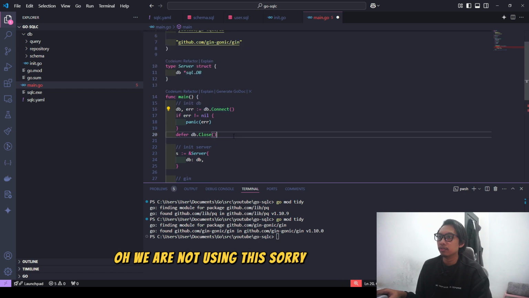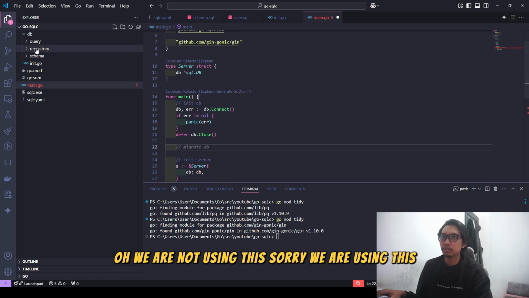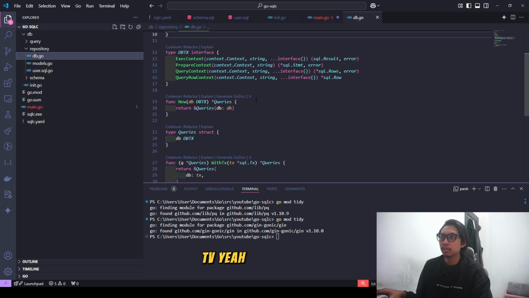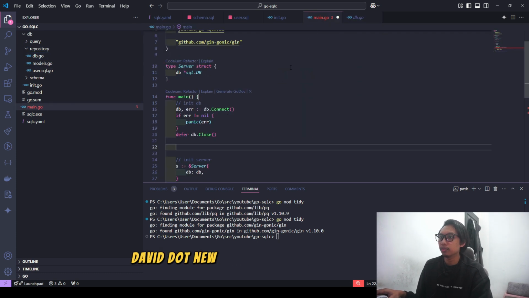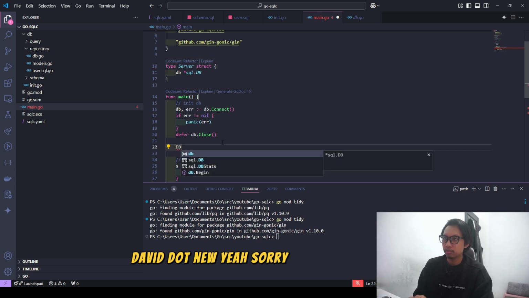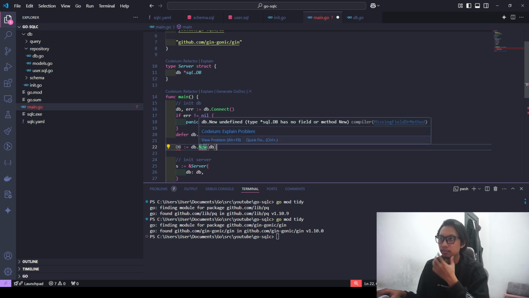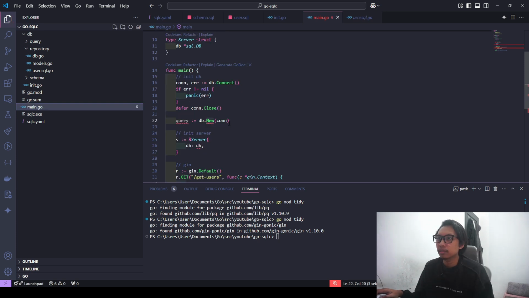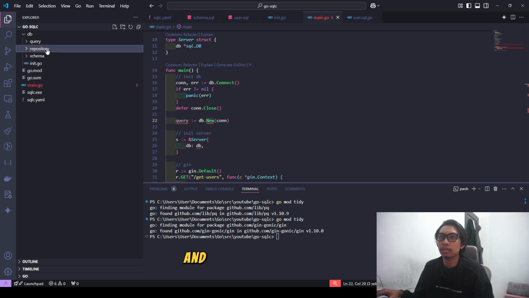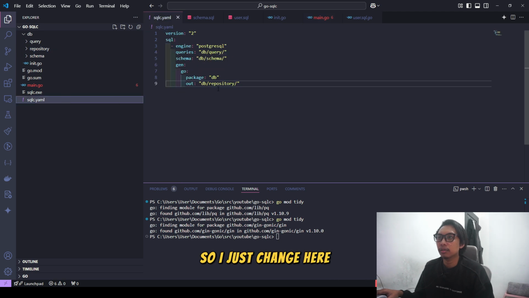We are using this db for new, db.new. I think there is something wrong here because I put it in the repository and it cannot find the new, so I should change it.